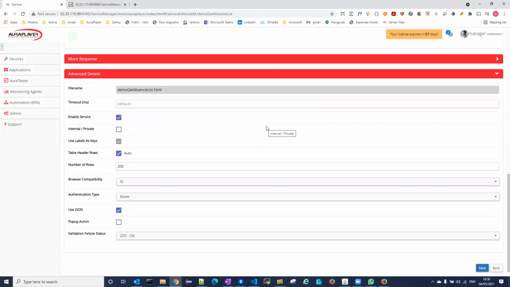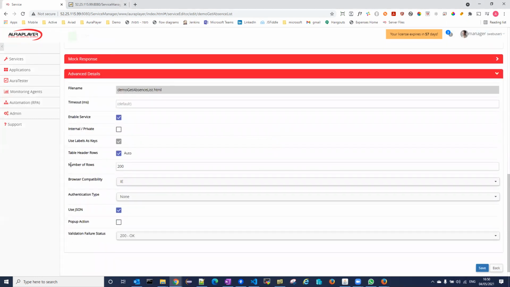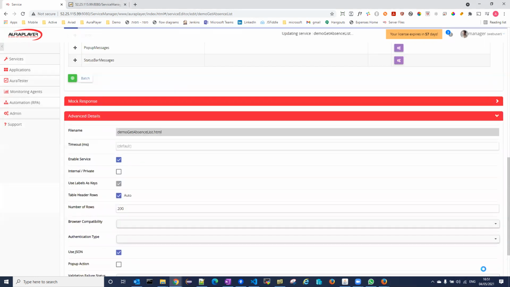Another parameter here on the service definition that relates to tables is the number of rows. By default, on the advanced details, you can see that the service will bring the first 200 lines of a table. If you have a table that has more lines and you want to bring more, you would need to change this number. And that's it. Once I save it